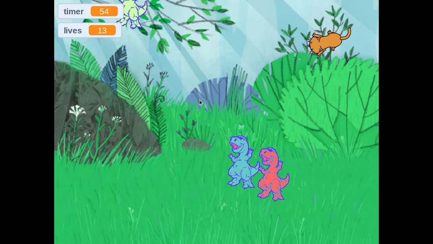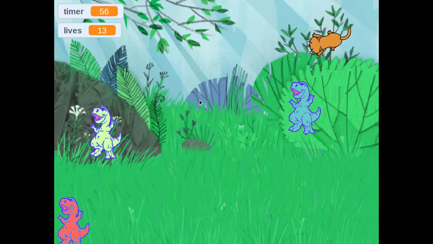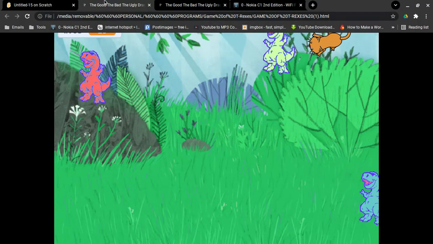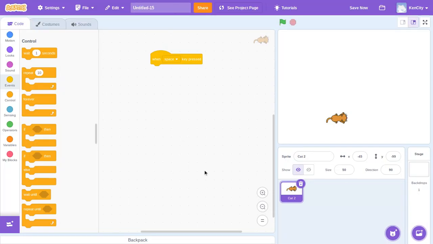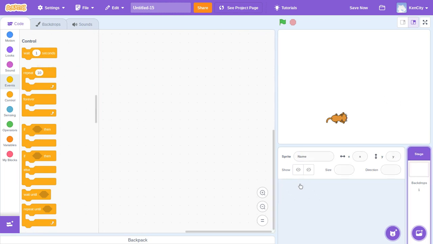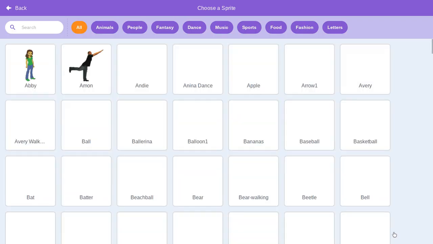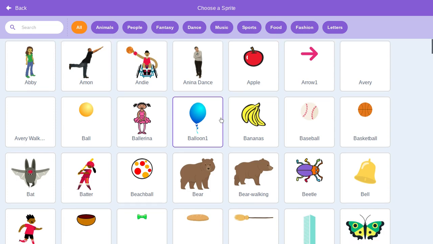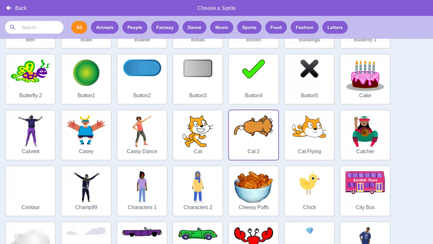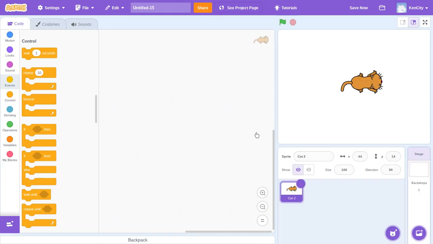Okay, so let's get started. It's a basic game. Now, to get started, let me clear this up so I'll start afresh. When you get to your Scratch homepage, you select the sprite you want. You might decide to use any sprite you want, but I prefer to use this. Okay, so when you have picked this, now